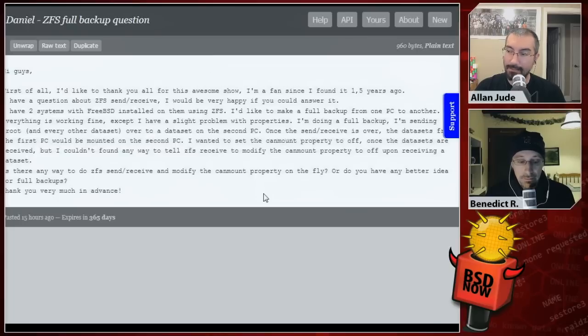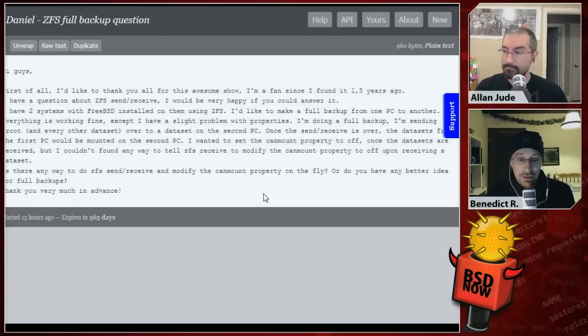But most of the backup scripts do, like zxfer or zrepl. Both have support for changing the mountpoint or changing the canmount property, or I use zxfer for our stuff. All of our backups have the read-only flag set, so they can't be modified. That keeps the backups from getting out of sync when we're doing incremental replication.